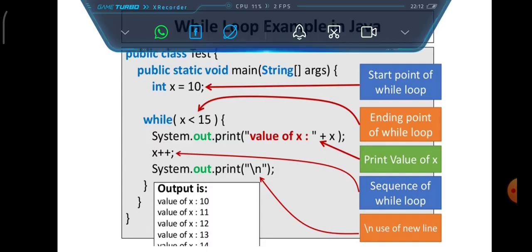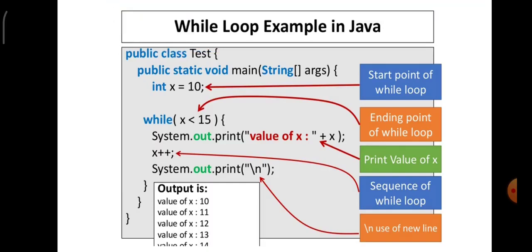As you can see here in the output, it says value of x 10 followed by the new line. Now the value of 10 is incremented to 11. Is 11 less than 15? Condition holds good. It comes inside that loop. It prints value 11. It takes the increment as 12 and then it looks for the condition, 12 less than 15. Prints value 12. Increments the value to 13. Then finally the value of 14 is also printed. It is very clearly given.